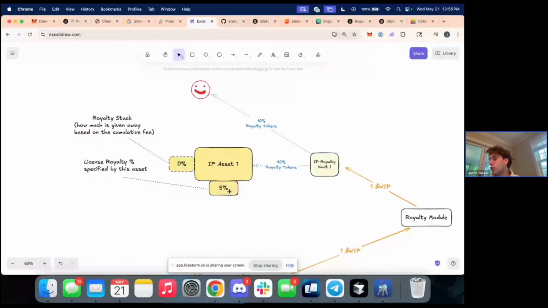How do you know that the user has earned something by using your IP since he is paid off chain? What if he... So that's a great question. The question is, what happens if someone earns revenue off chain? They could just not make the payment. The answer to that is Story is not and cannot be a royalty enforcer. It's impossible, because I could set license terms and then you could go earn revenue and I would have no idea. But if you don't make that payment,